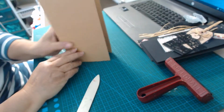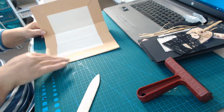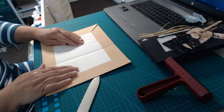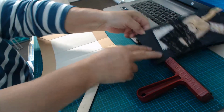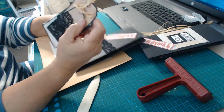Neatly standing up. Right, I'm not too fussed about covering the inside. It's very neat in there, but I suppose we might, but I'm not going to do it to the end. Where's our sample books that we made? Now see, these sample books are